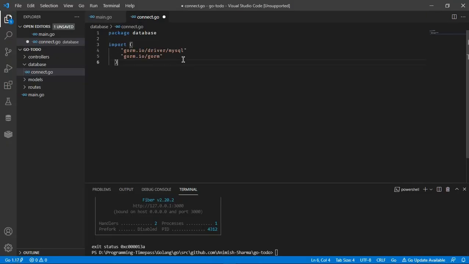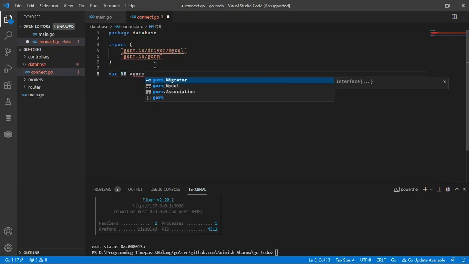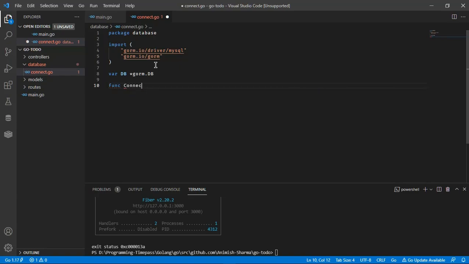Once you've done that, let's create a variable here. This variable DB is a pointer of gorm.DB, and I'm going to explain in a second why we need this. So let's create a function connect,